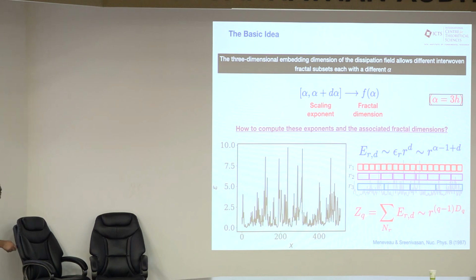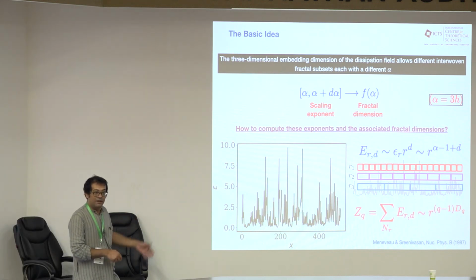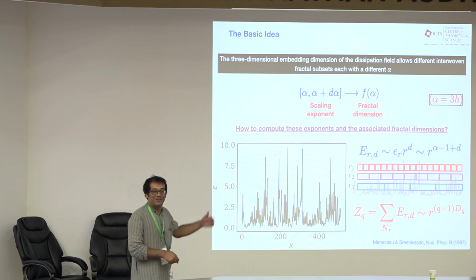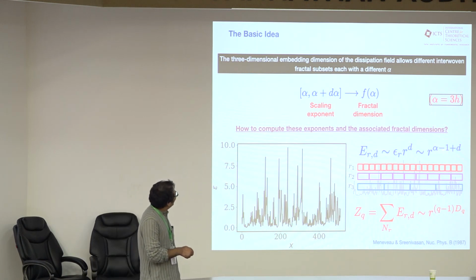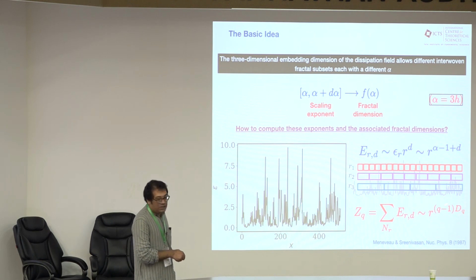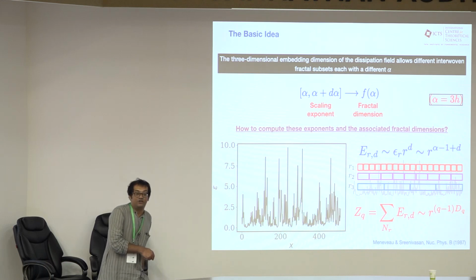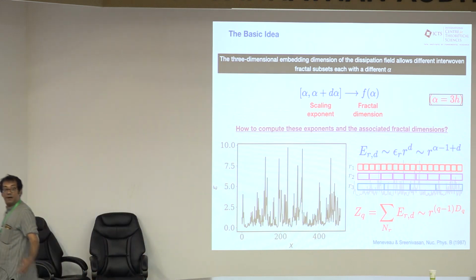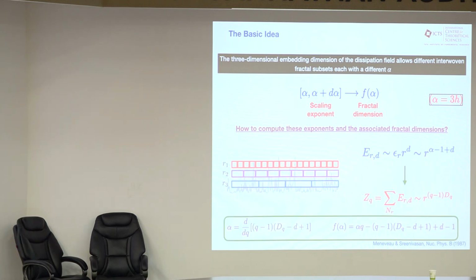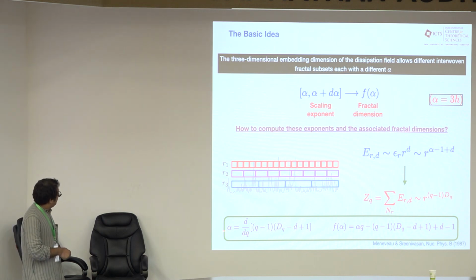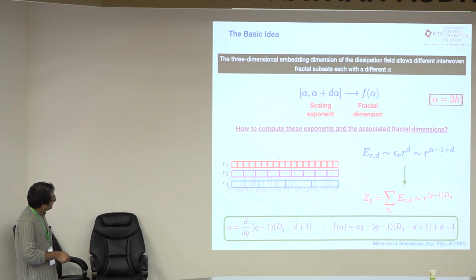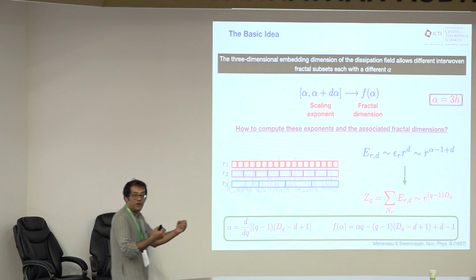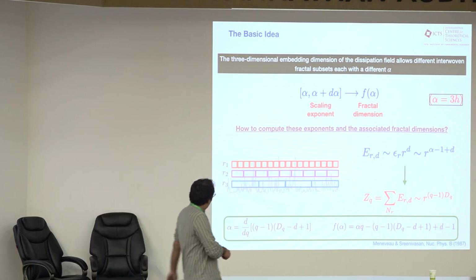And from here, you can construct a standard partition function. I mean, that may not be the most appropriate choice of words, but I'll go with partition function. And you can raise this object to the power q, etc. And then you find a beautiful scaling with a generalized dimension q. Right? So the qth power of these, and you end up with Dq. And from there, with a bit of algebra, you can compute alpha, the same alpha that you have here, and you can compute the fractal dimension of the sets on which your dissipation is happening